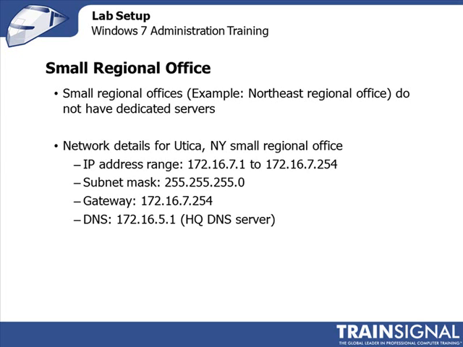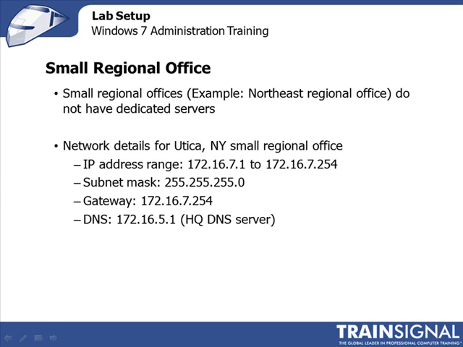The network details for the Utica, New York Small Regional Office that's used for this scenario are as follows. It's the same IP address range, except there's a 7 now instead of a 5 or a 6, making 172.16.7.1 through 172.16.7.254 the IP address range for the Utica, New York office. Again, we're using a 24-bit subnet mask, and the gateway address, which is the firewall router combination for the Utica office, is